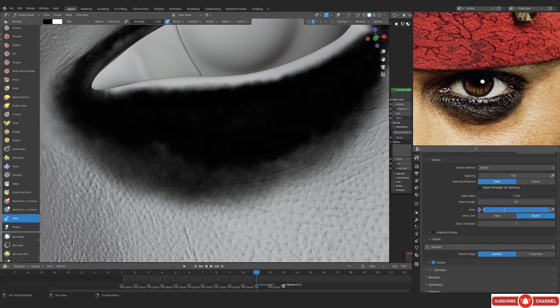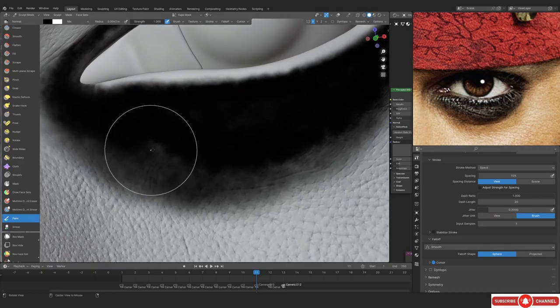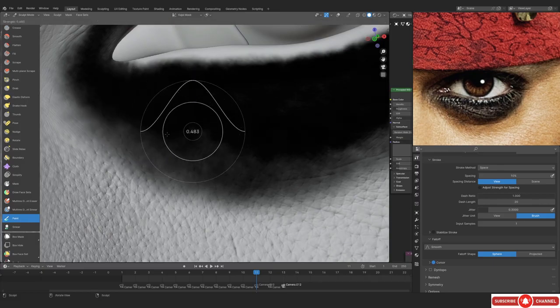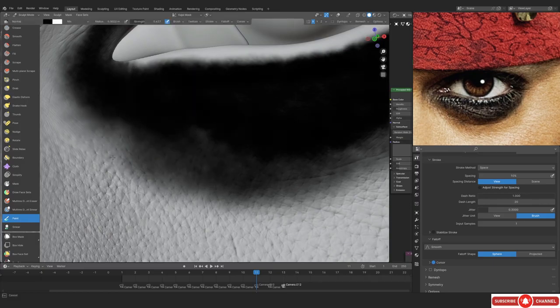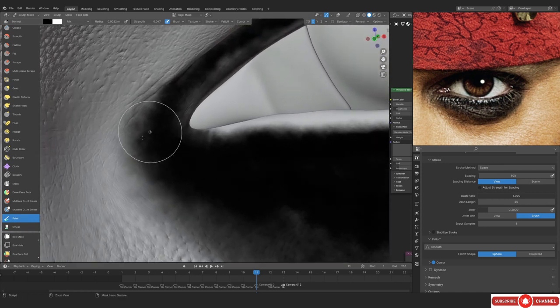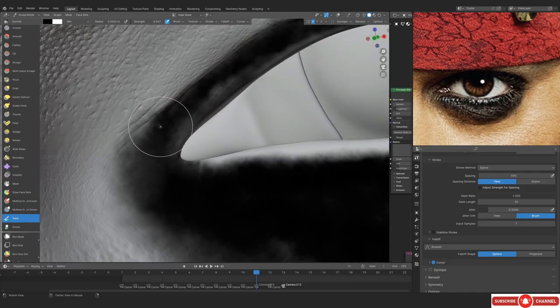And you can see that I'm adding a little bit of black underneath the mask to make it look like this part is a little bit dirty, and now I'm just gonna be removing it. So again, this is something that I did to make it look like he has smudged his eyes maybe. So something like that, just trying stuff.